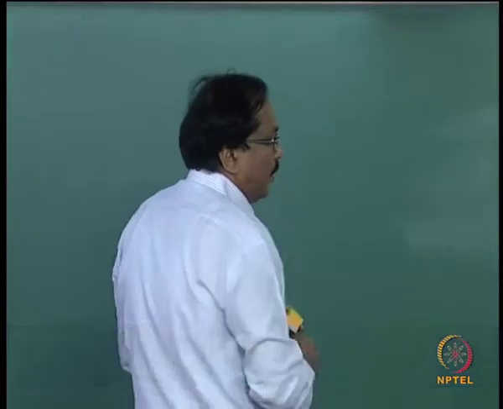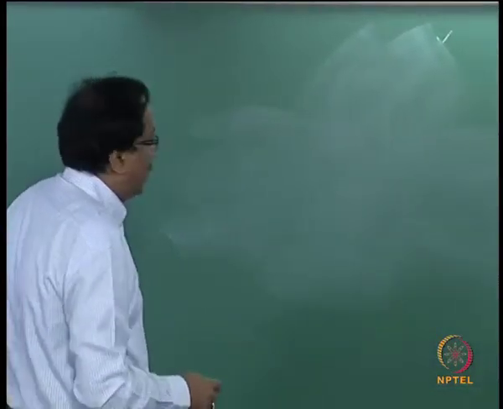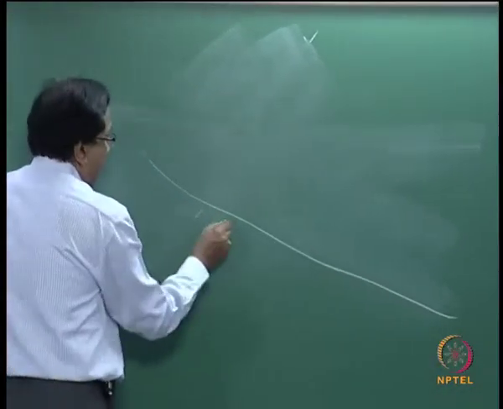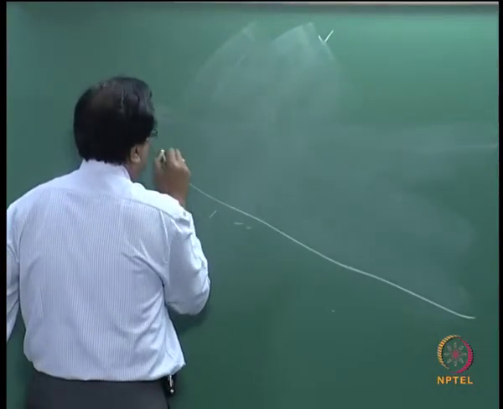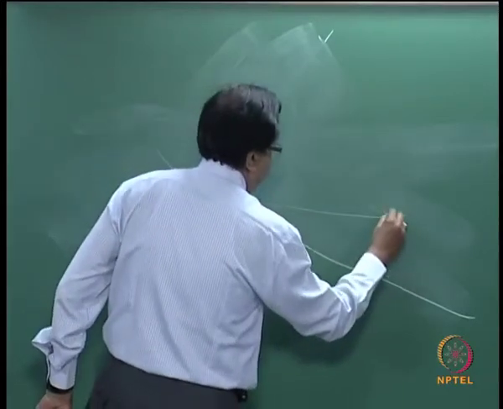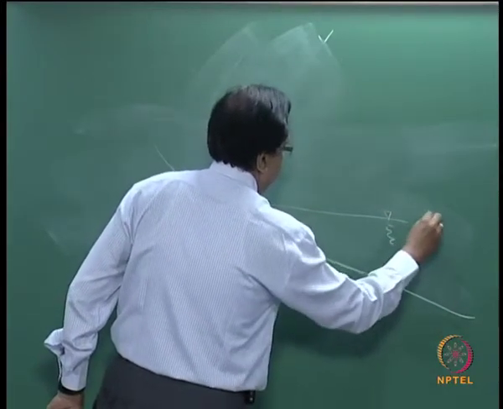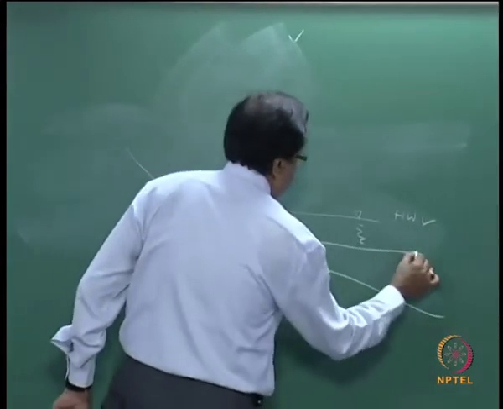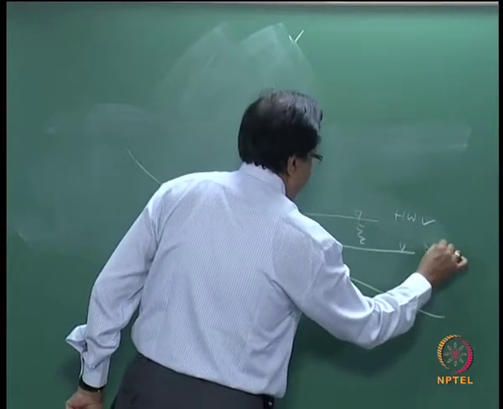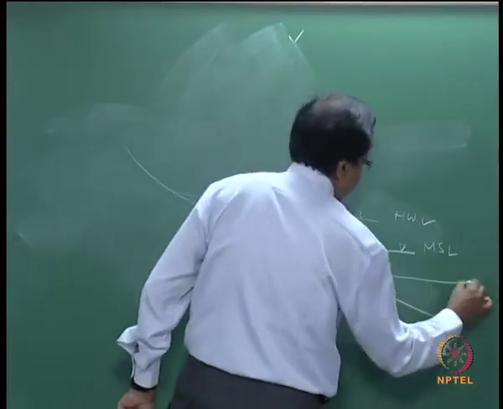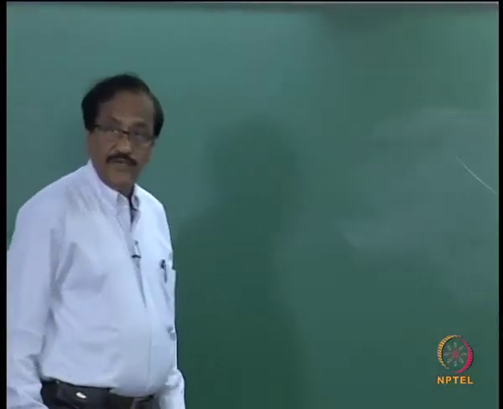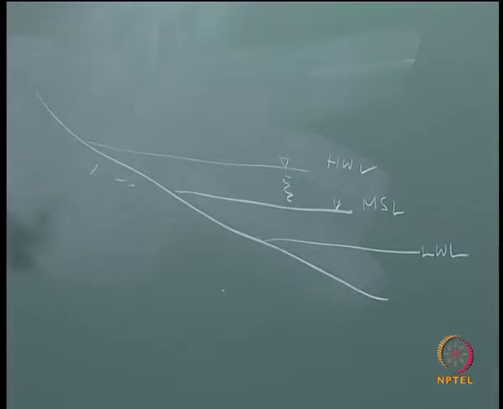Then high or low, for example, what do you mean by high or low? So high or low is, suppose you have the beach, I am showing it in cross section, this is your water level, maybe I show the high water line, and you have the MSL, and you have the low tide level, low water line, okay. All of you know what is LWL, low water line, MSL mean sea level, and high water line.